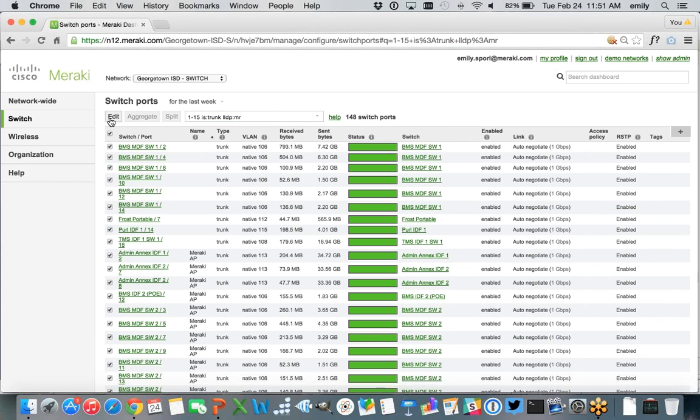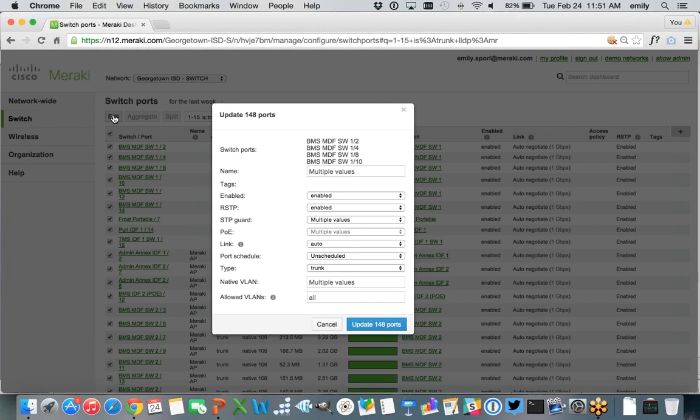Now I could select them all and hit edit. If these were the switch ports that I wanted to operate on, I could come in and I could name or tag the ports, turn them on or off, enable or disable things like spanning tree and PoE. I can decide whether or not to apply a port schedule. So similar to what we saw with the policies that we were applying, you'd have a little sort of sliding bars where you could say, you know what, this port is going to be on and available to receive traffic only on certain days of the week at certain times.